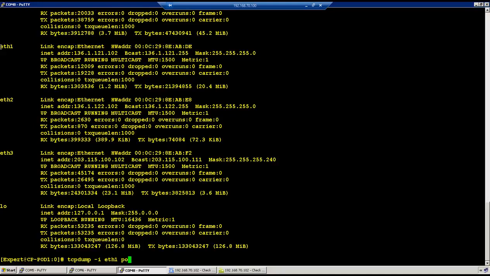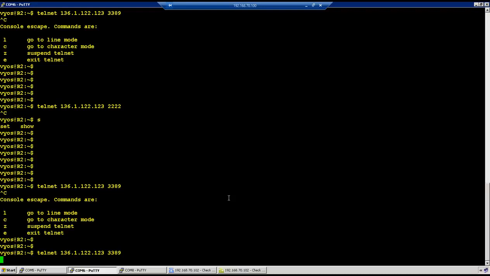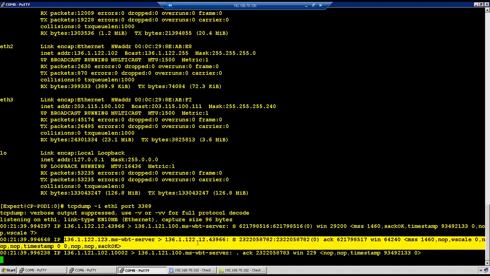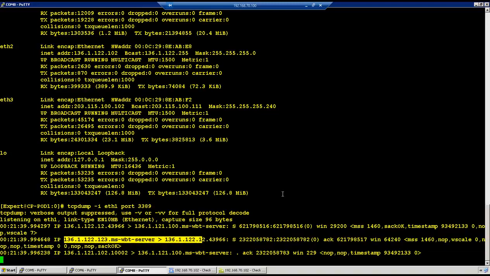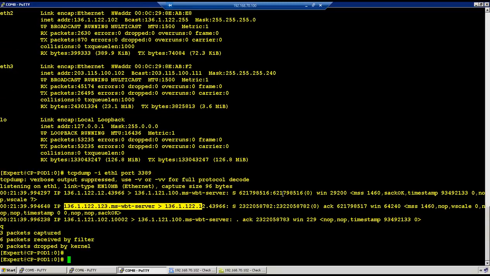And then I want to capture the traffic on port 3389, do a telnet again, and if you see, I can see traffic from 136.11.22.12 to 136.11.22.100, and then if you see response is coming back, and this is the SYN flag, and then response is coming back from 136.11.22.123 to 136.11.22.12. This is the R2 IP address, so that's okay. I can see responses coming back on the firewall on that interface. And now